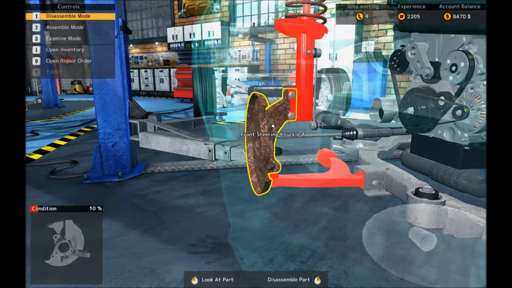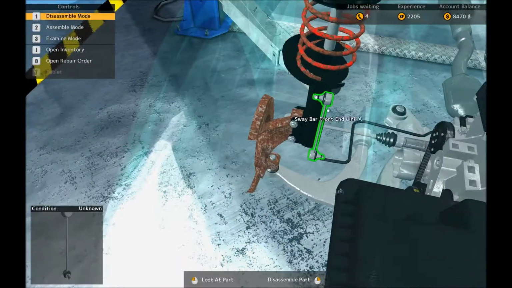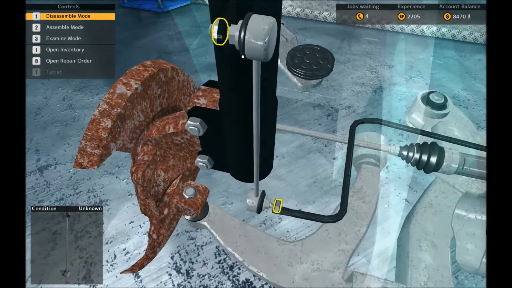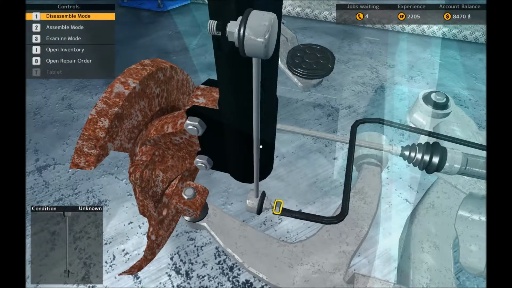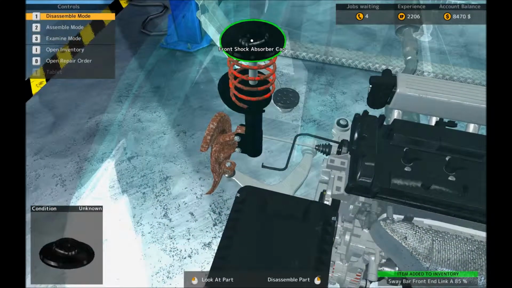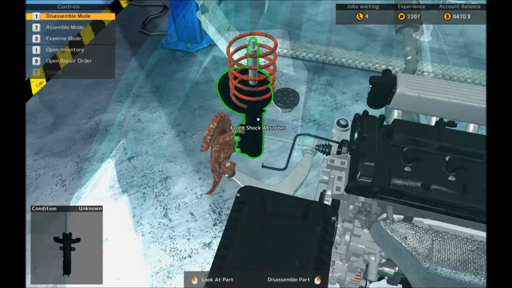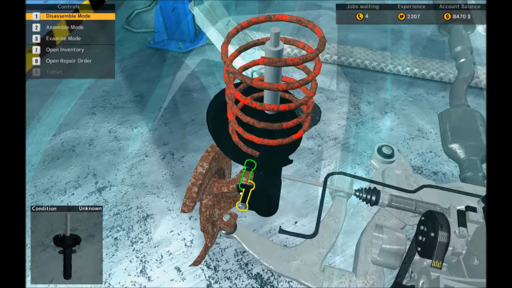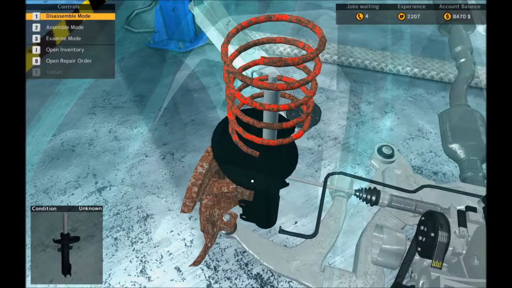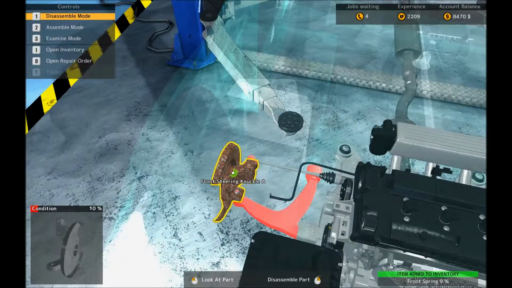Right, so yes, next the front knuckle. We need to take all these other bits off first. Before I can take that bit off, I need to take off the sway bar. So yeah, it's much more involved than in the previous game. Parts are much more joined up. So do I have to take that bit off before I take the spring off? Okay, that seems odd, but whatever. It's the spring, and then finally...